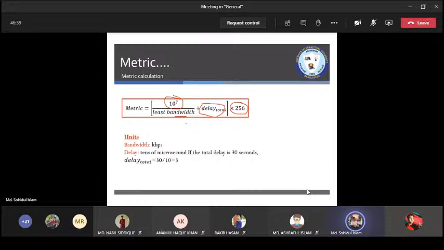Now, what will be the least bandwidth? It will be in kbps. Among the links, the minimum bandwidth you will find in the links